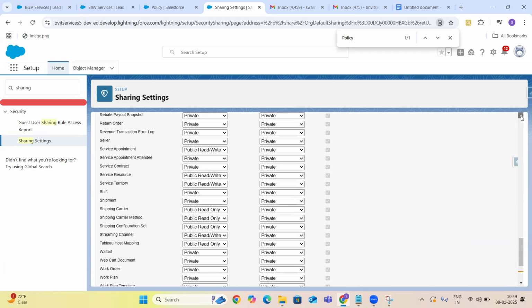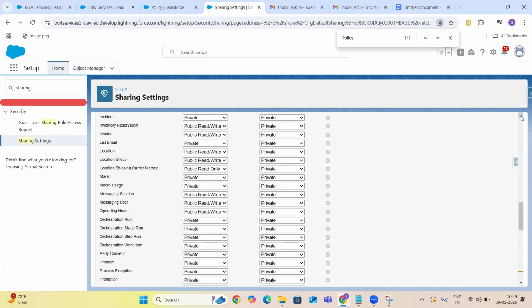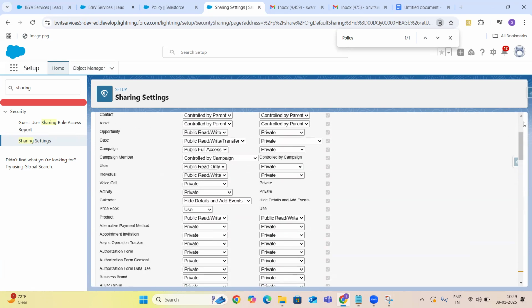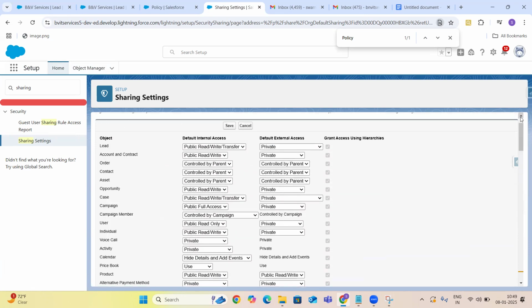If I change the account, account and contact, right now it's public read write, right? If I change the account level to public read only, the same access will apply for the policy plans also.